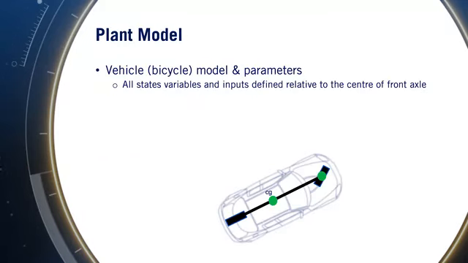Let's now investigate the definitions of errors in path tracking control. We'll use the kinematic bicycle model as our basis for this discussion, so let's quickly review the important parameters of the bicycle model. The bicycle model is a suitable control-oriented model of a four-wheel vehicle, where the front left and right wheels are combined into a single steerable wheel, and the rear left and right wheels are combined together in